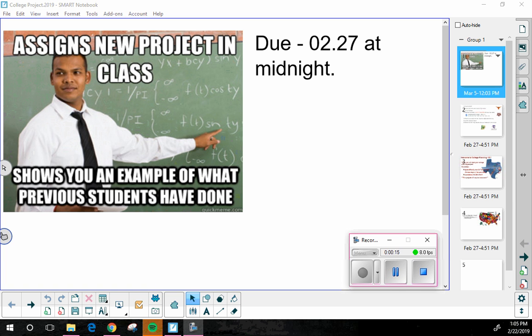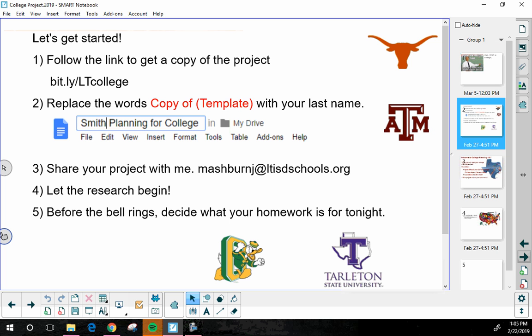Kind of come up with the general plan. I realize you're not packing your bags and leaving tomorrow, but you are going to be packing your bags and leaving in 5 years, and that 5 years is going to be here quicker than you know it. So here's how you get started.